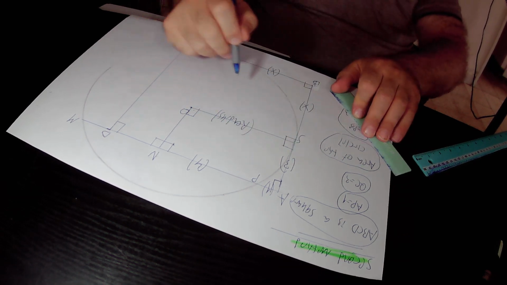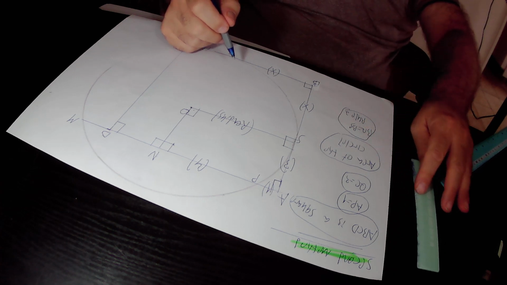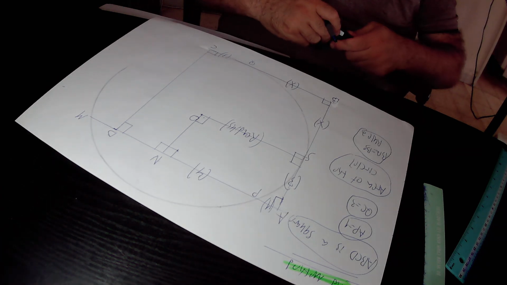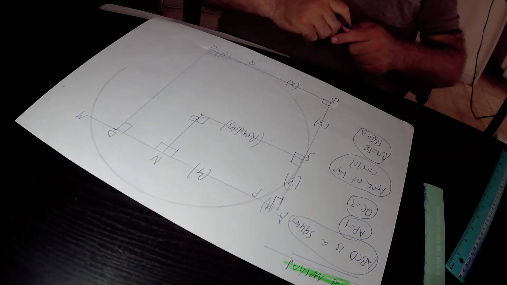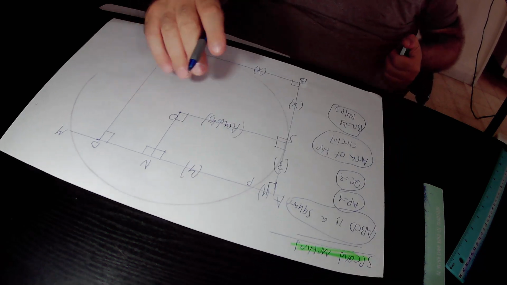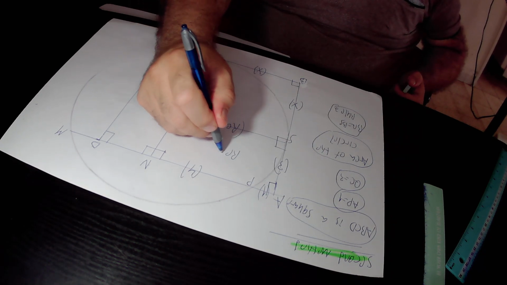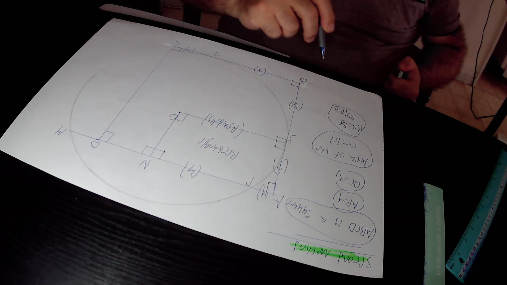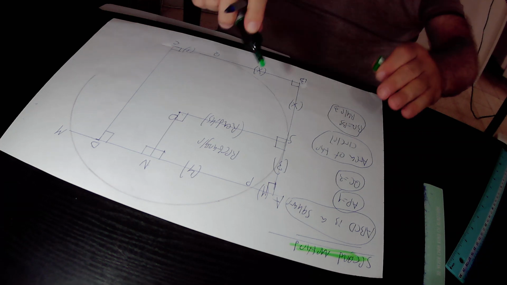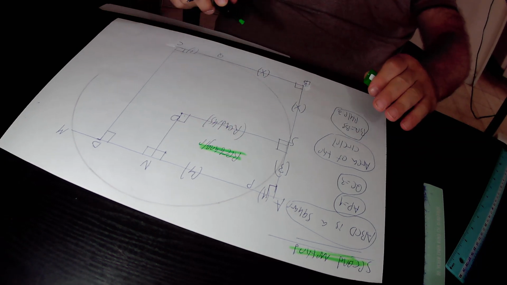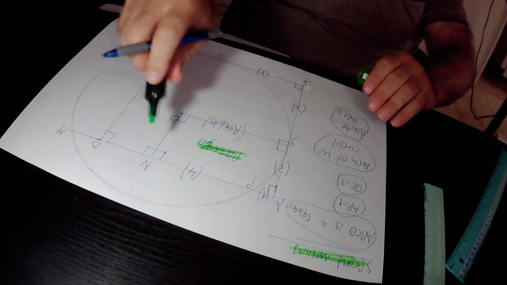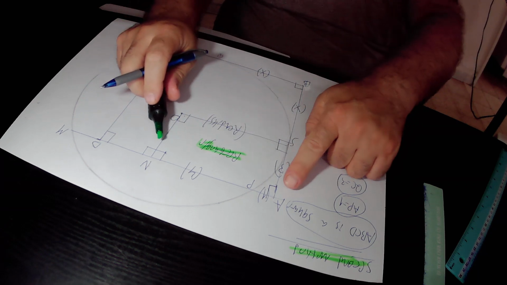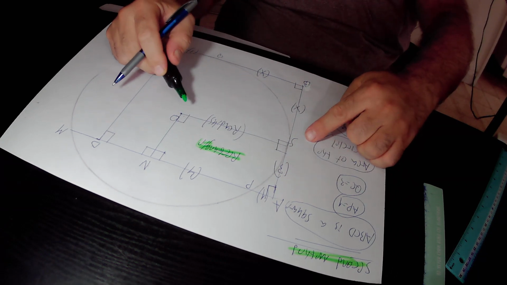So inside quadrangle OSAN, we have 4 right angles, and according to rule 5, any quadrangle that has 4 right angles must be a rectangle if not a square. So we relate to this quadrangle OSAN as a rectangle because it has 4 right angles. But we also know that opposite sides of a rectangle are equal to each other. So in rectangle OSAN, side AN must be equal to the opposite side OS. But AN in total equals 1 plus 4, that is 5, therefore OS must also equal 5